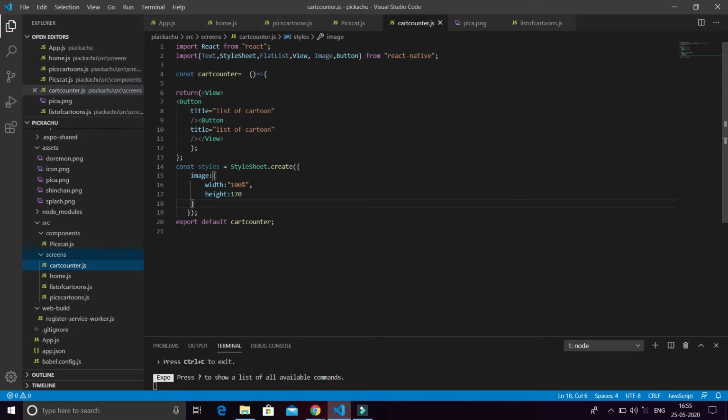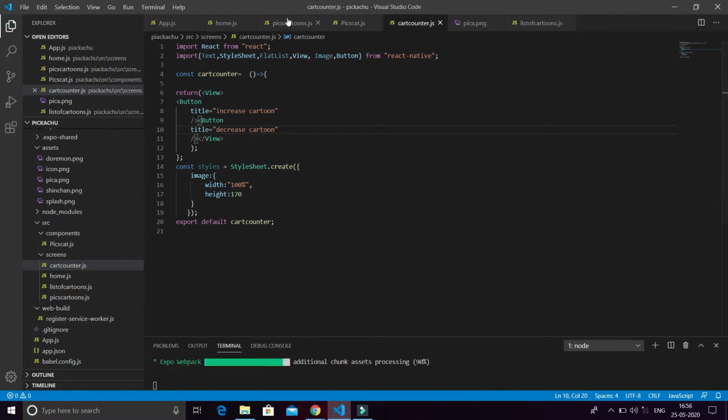Then name a constant as const Counter and then return a view, and in the view we return two buttons. Only provide the title. I will provide the titles: increase count and decrease count.